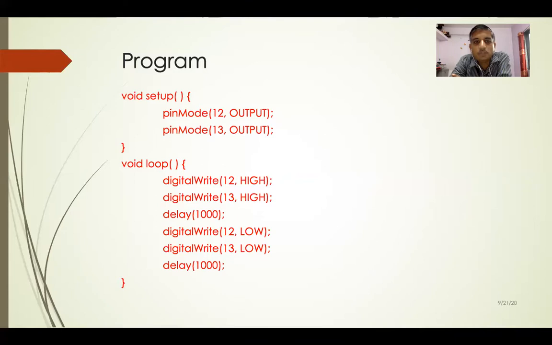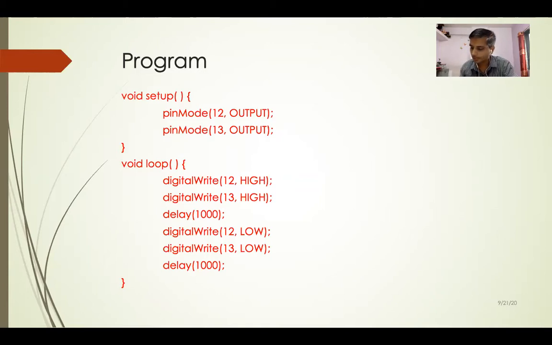Next is the loop. In the loop again we have to blink both LEDs at a time. So before the delay occurs, both LEDs should be on, then delay, then both LEDs should be off, then delay. Similarly you can see here the two LEDs are continuously blinking now. Okay, so I can show you with this